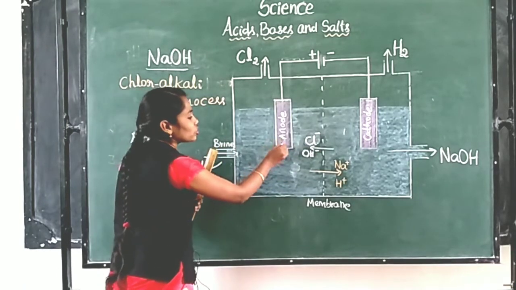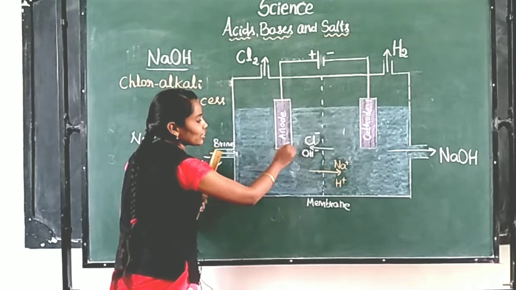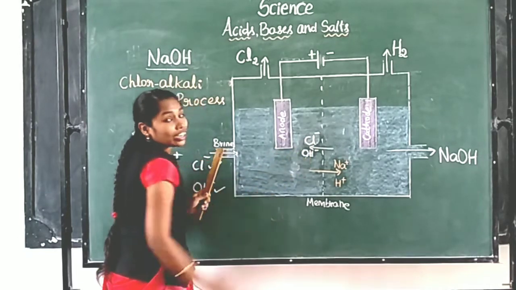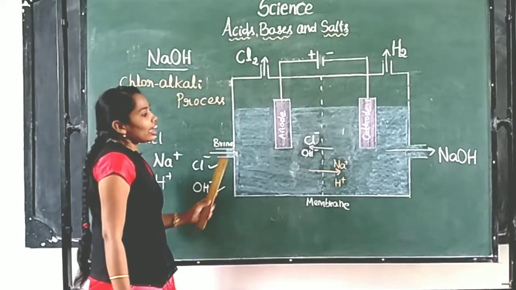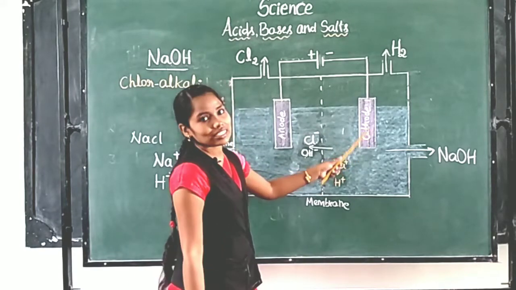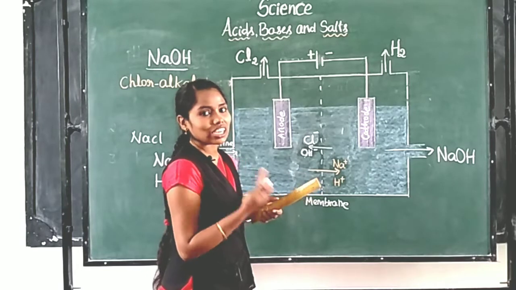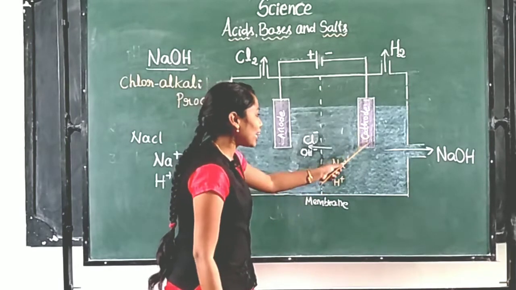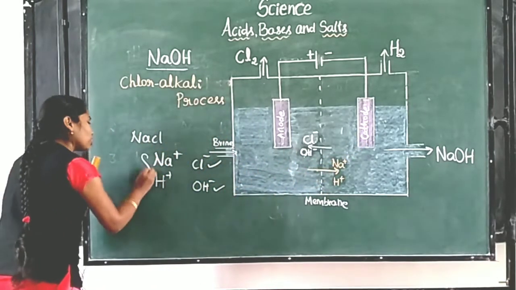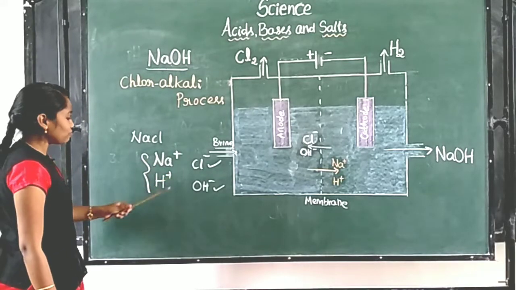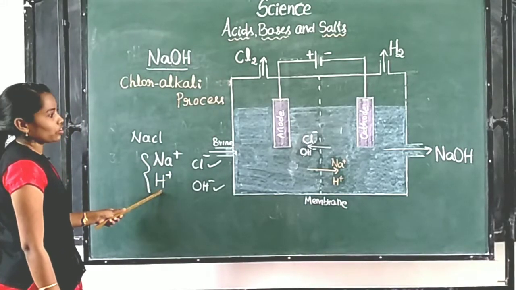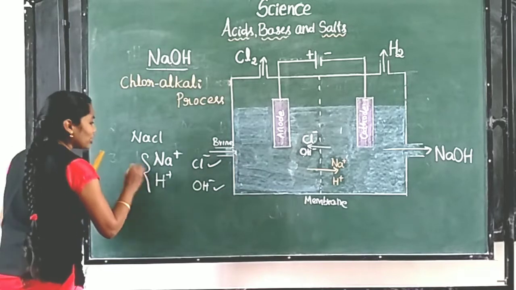So towards the anode, chloride and hydroxide ions are going to be attracted. And what is the charge of the cathode? It is negative. So which ions are going to be attracted? Yes, positively charged ions are going to be attracted towards the cathode. That is Na+ sodium ion and hydrogen ion are going to be attracted towards the cathode, and these two